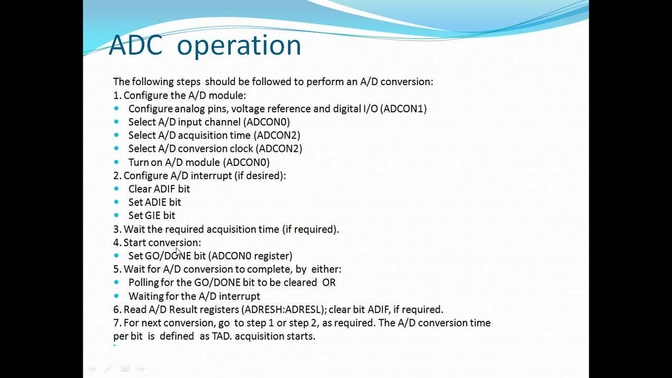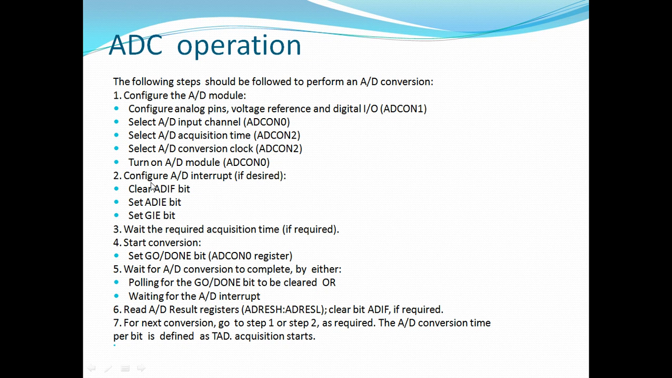Then we will write logic 1 to this particular bit, the GO/DONE bar bit from the ADCON0 register. If I write 1, then ADC will start its conversion and we will wait. ADC will finish its conversion and it will give logic 0 signal on this particular bit. So here we will wait for ADC to complete by the polling method, for the GO/DONE bit to be cleared. Whenever ADC finishes its conversion, this bit is cleared automatically by the microcontroller,